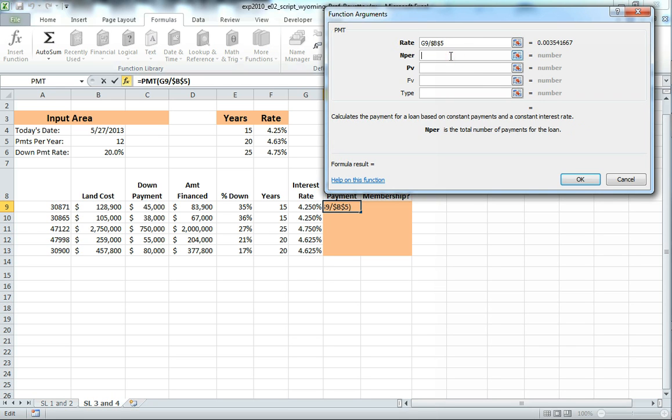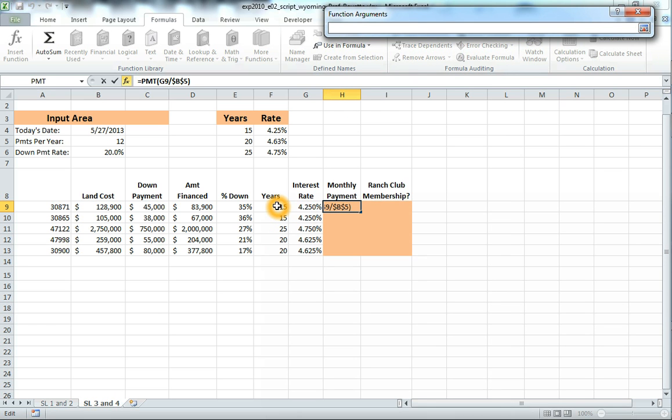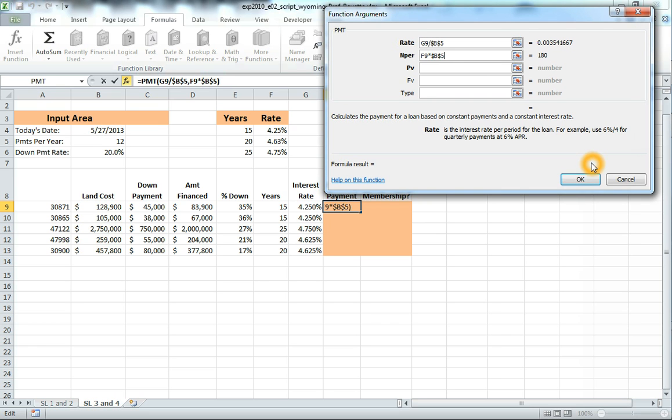Then the number of periods, we're going to come over here. There are 12 months in a year. So we're going to take 15 years, we're going to hit the times, shift and 8, and then, oops, that's 98, I hit an 8 instead of the shift and 8. Okay, times B5, and again I'm going to make that absolute, so that when I copy it I don't have any problem with it, and then the present value